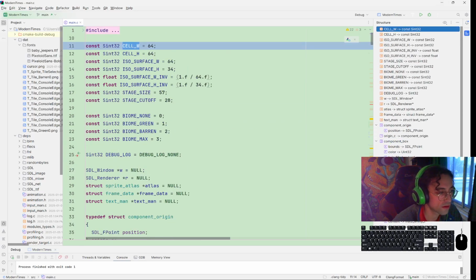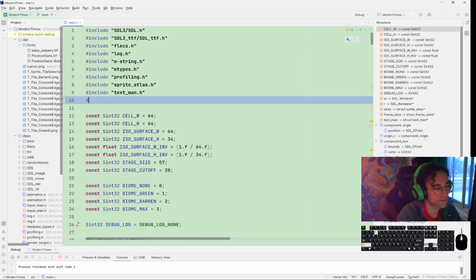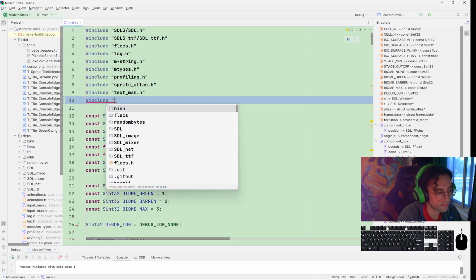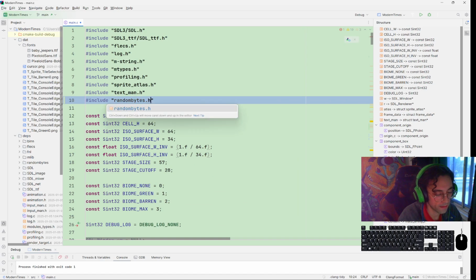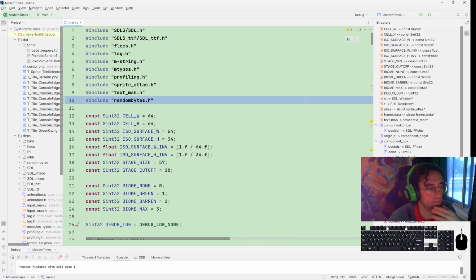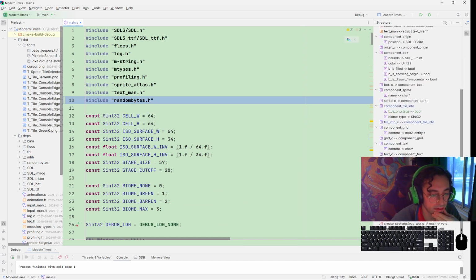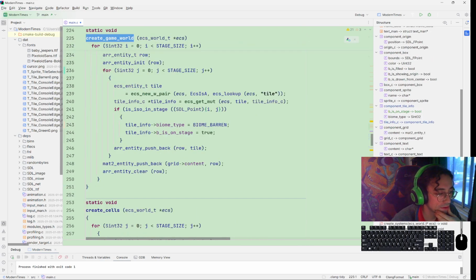So we just need to include random bytes, and then in the create game overworld